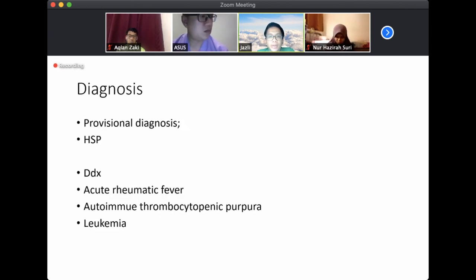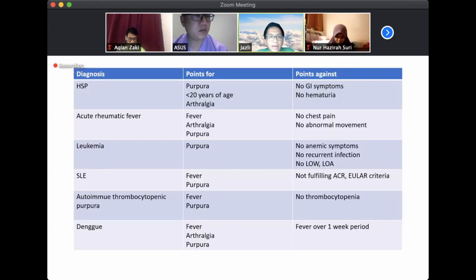So in view of the findings, my provisional diagnosis will be HSP because the patient presented with purpura, is less than 20 years of age, and has arthralgia. However, the points against are that there are no GI symptoms and no hematuria, which should be among the presentation of HSP. Apart from that, my differential diagnosis will be acute rheumatic fever because the patient has fever, arthralgia, and